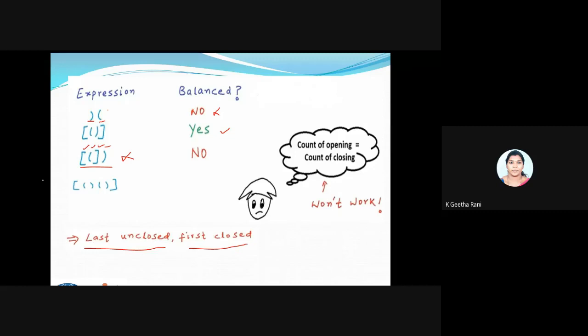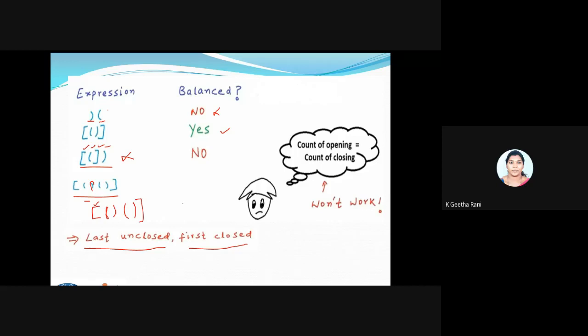The meaning of this is, for example, I'm having an example here. I'm opening the first bracket, and another bracket has been opened. So I'm using a close here, so the last unclosed will be first closed. Again I'm having another bracket, so the last unclosed will be first closed, and for this bracket I'm just closing it.